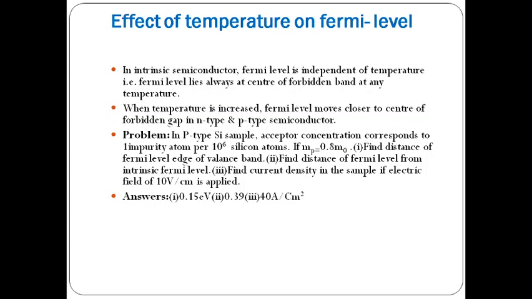Explanation. Consider an n-type semiconductor. The net electron concentration will be the sum of the concentration due to the impurities and the concentration due to thermal excitation. When we supply thermal energy, that is, when we increase the temperature, the concentration of electron-hole pairs will increase. So the net concentration will be the sum of the impurity concentration and the concentration due to thermal excitation.